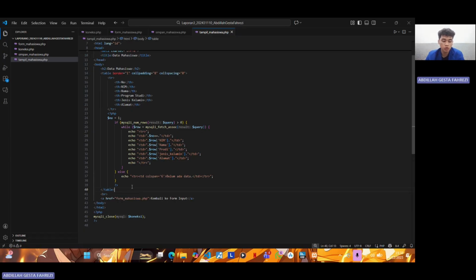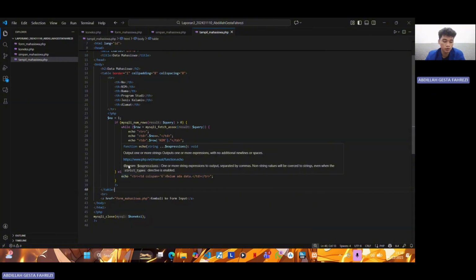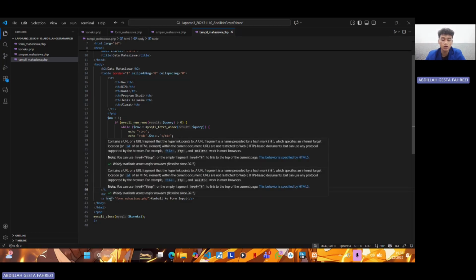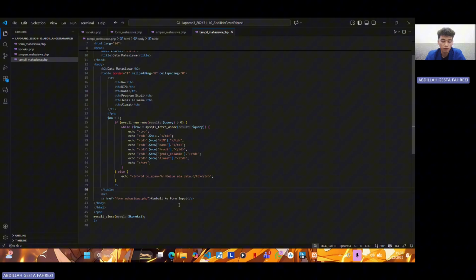So every row in the mahasiswa table will be shown as one row in the HTML table. At the bottom of the page, I also add a link, "kembali ke form input". This link takes the user back to form_mahasiswa.php, so the input-view cycle is easy to use.